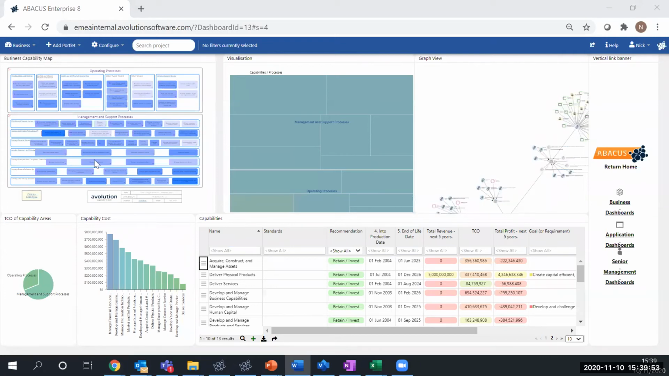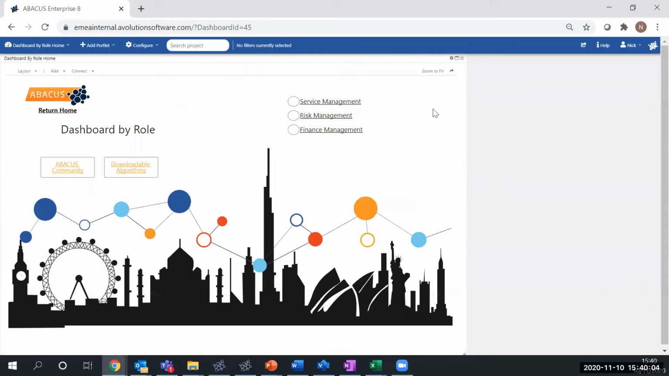Just going to go through some of these senior management dashboards now before we move on to the last bit in terms of how you can actually make these yourself. So looking at the senior management dashboards, we can see it's done based on role. So we can look at it from a service management level,